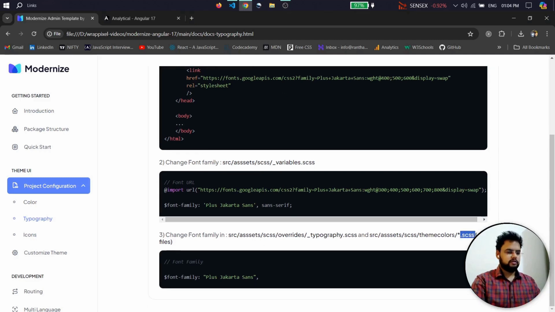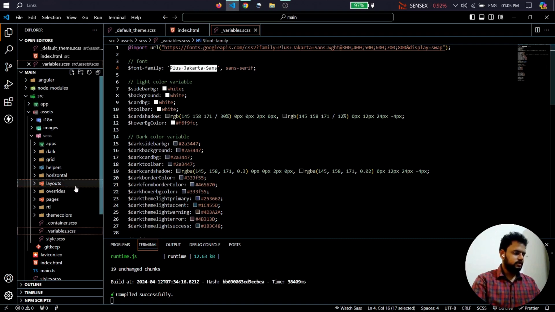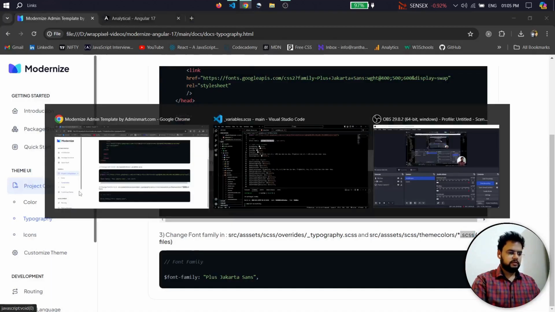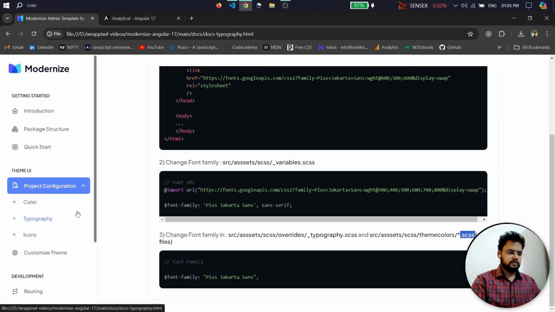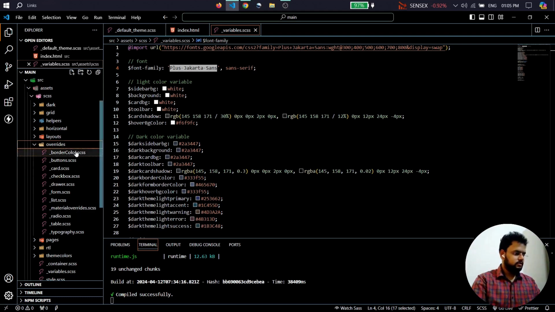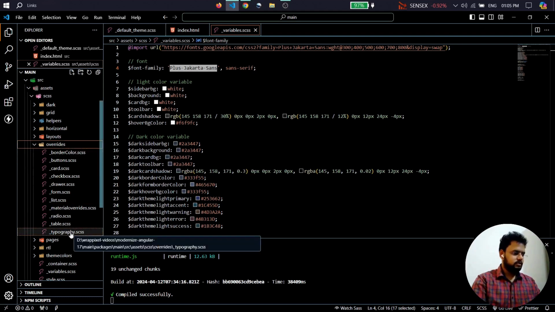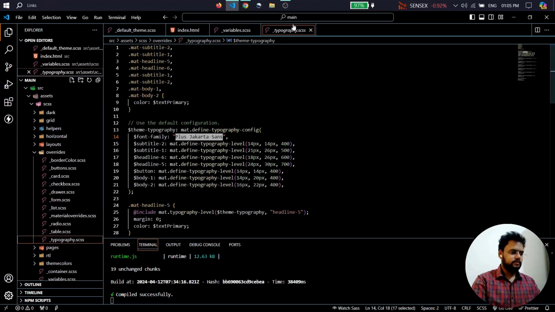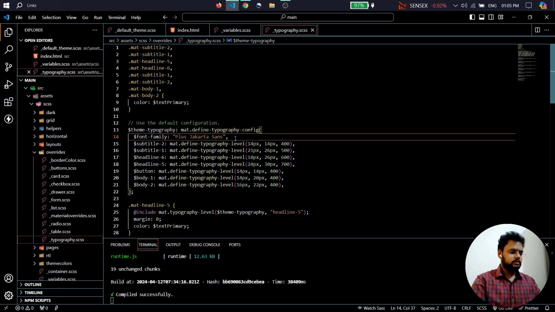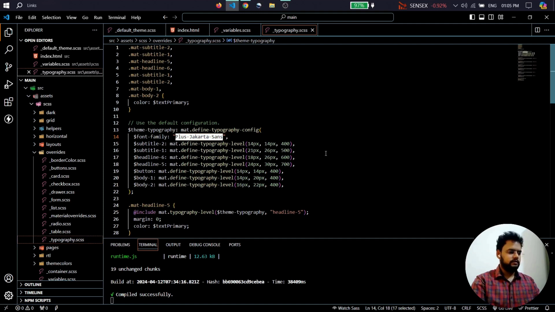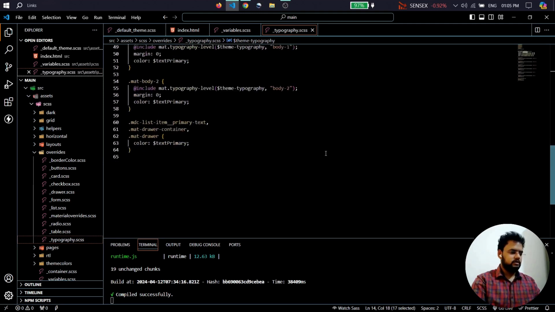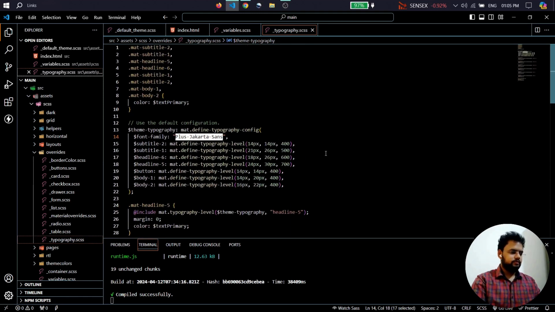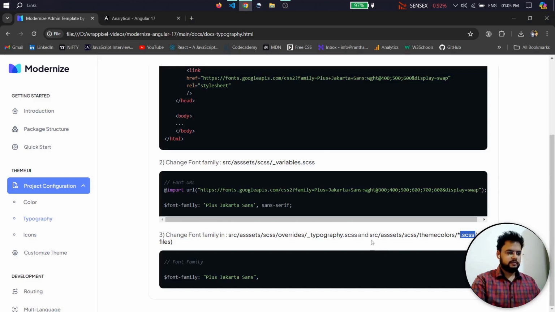in all the css, so let me tell you, it's inside the overrides, and then underscore typography. So this is also one of the files where you have to make changes, right? And then we have few more files